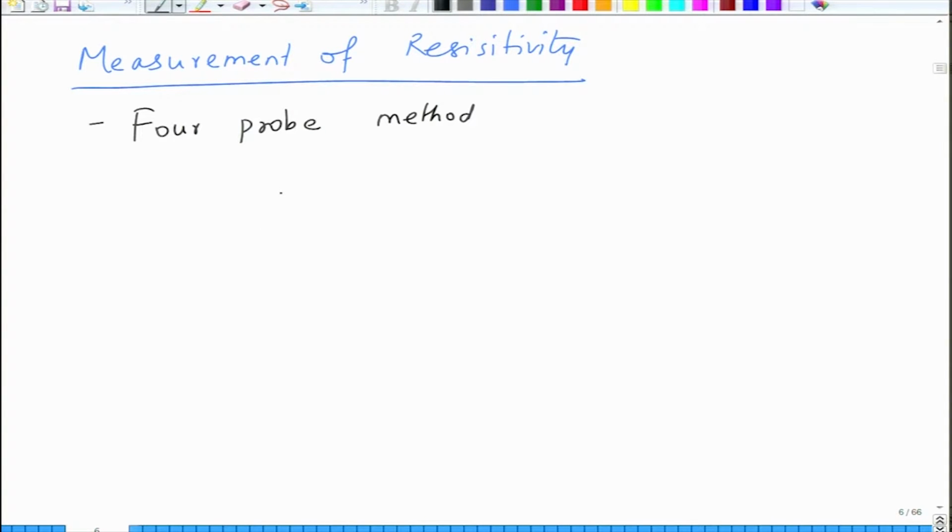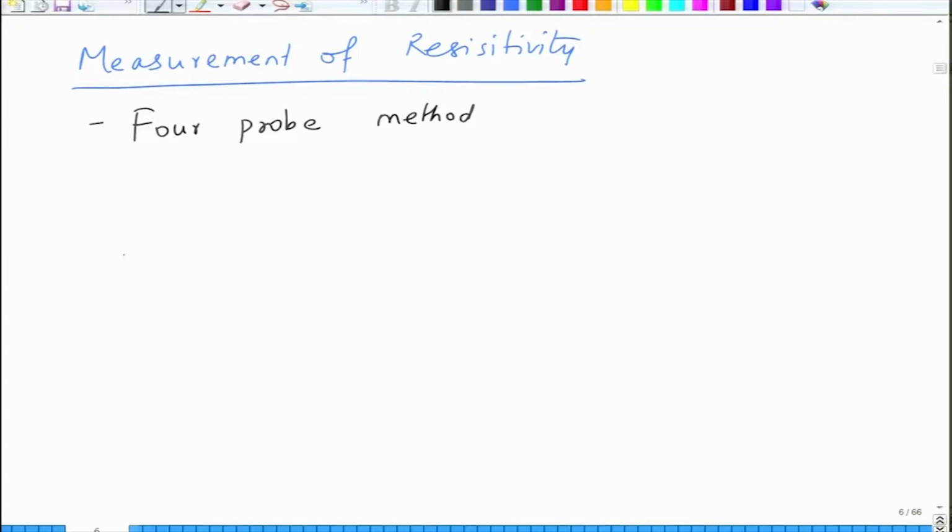So essentially the 4 probe method is used because metal and semiconductor often have contact resistance, and for measurement of conductivity you would require metal contacts to be deposited. To discount the effect of contact resistance in calculation of resistivity, generally we use this 4 probe method instead of the 2 probe method, which is generally used for metals. So what we have here is